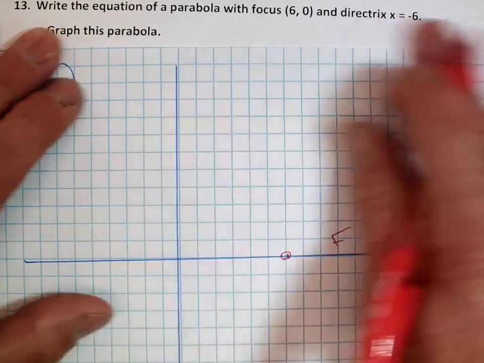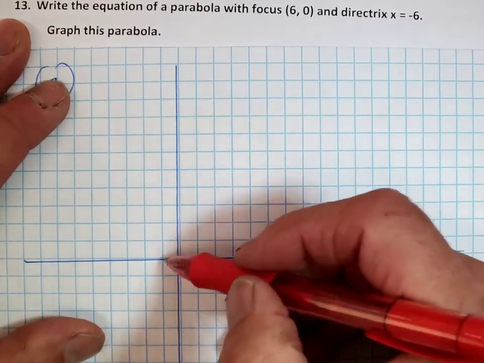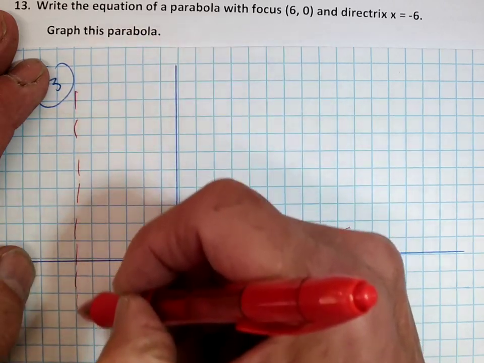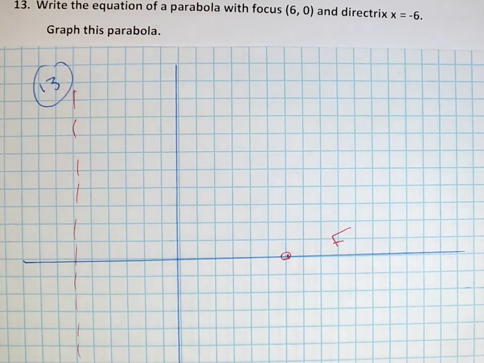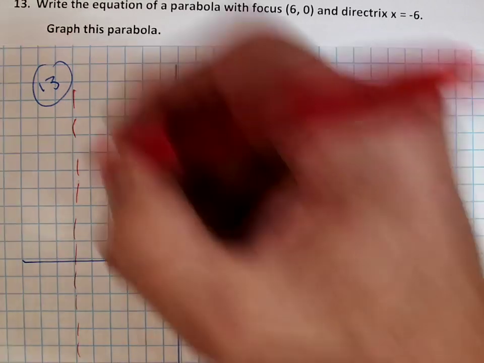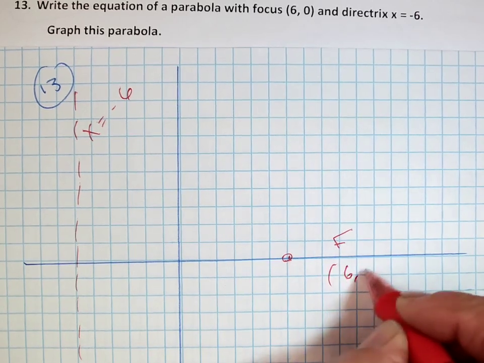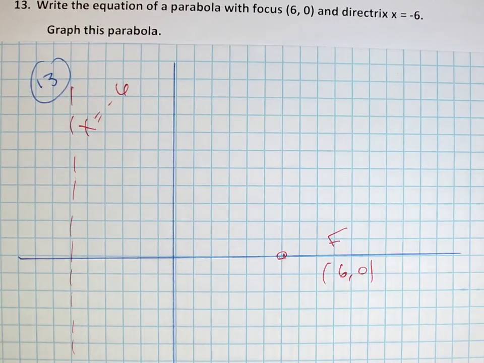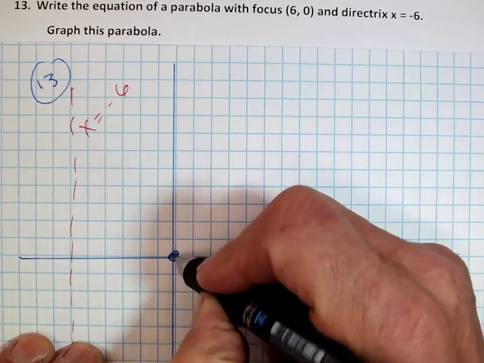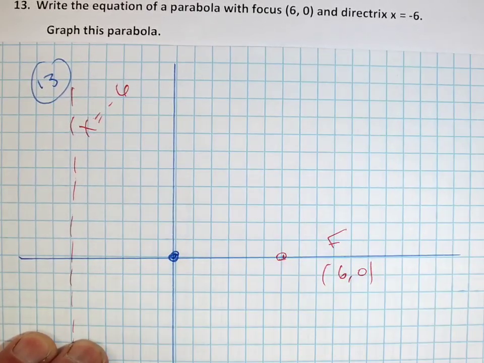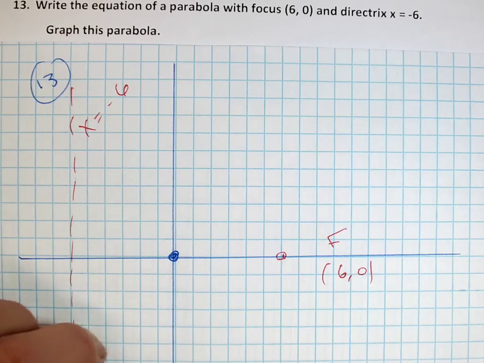And my directrix is at x equals -6. 1, 2, 3, 4, 5, 6. Okay. Now the vertex has to be right smack dab in the middle. There's my directrix at x equals -6. There's my focus at 6, 0. So my vertex is at 0, 0. Okay. Since the graph has to go around the focus,